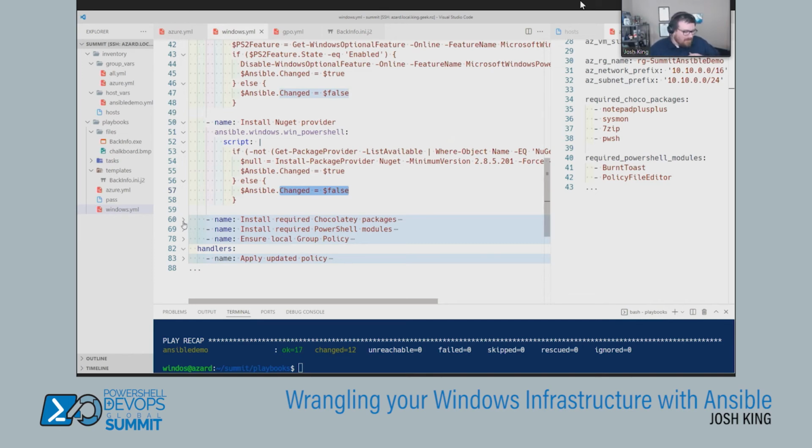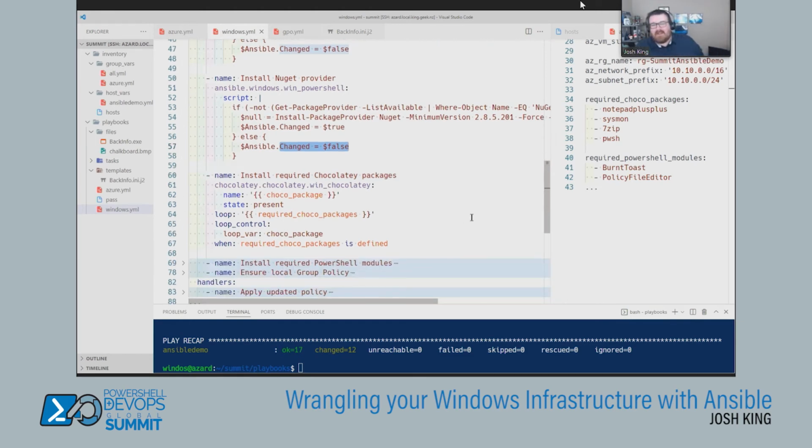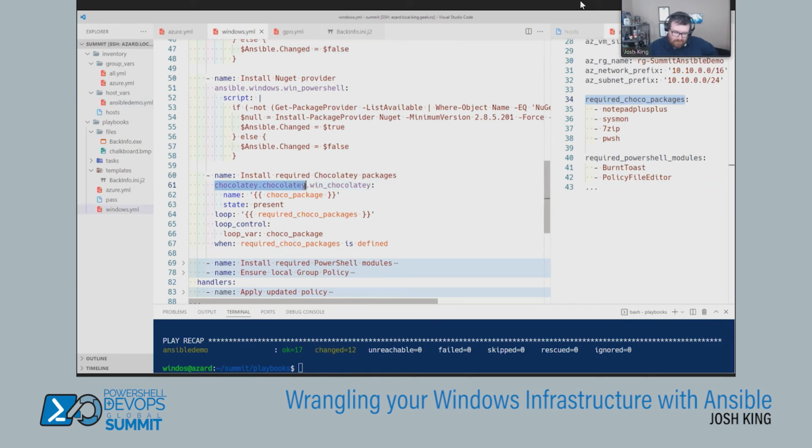Okay, now my completely unbiased, we need to install some Chocolatey packages. So in my vars, we've got a list of Chocolatey packages that I want to install. So I want PowerShell Core, want 7-zip, Sysmon, and I've stripped out setting up Sysmon, but that's obviously something you can do, and Notepad++. So I've got that as required choco packages. And we're using the mouthful of a command called chocolatey.chocolatey.win_chocolatey. And I even screwed that up, but